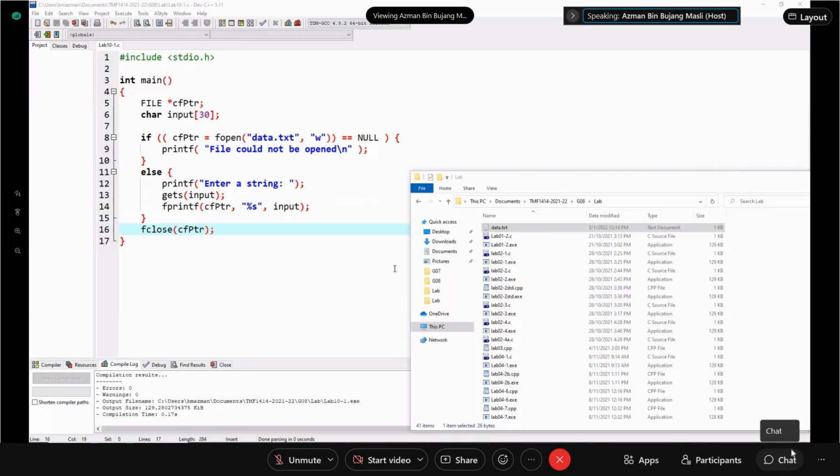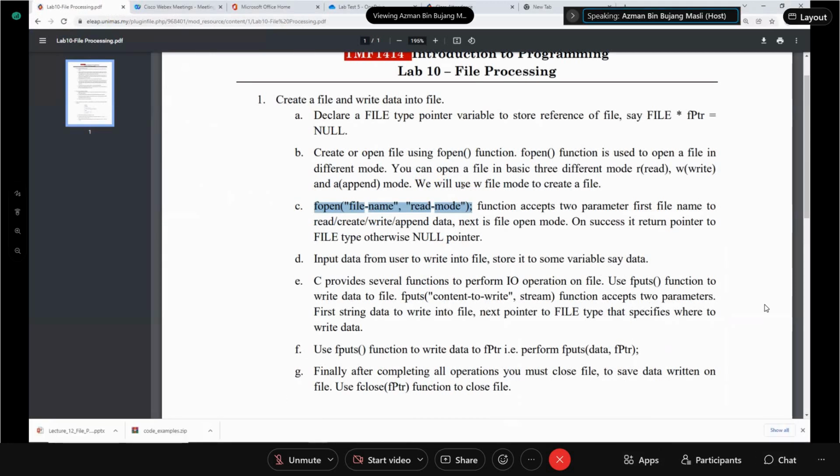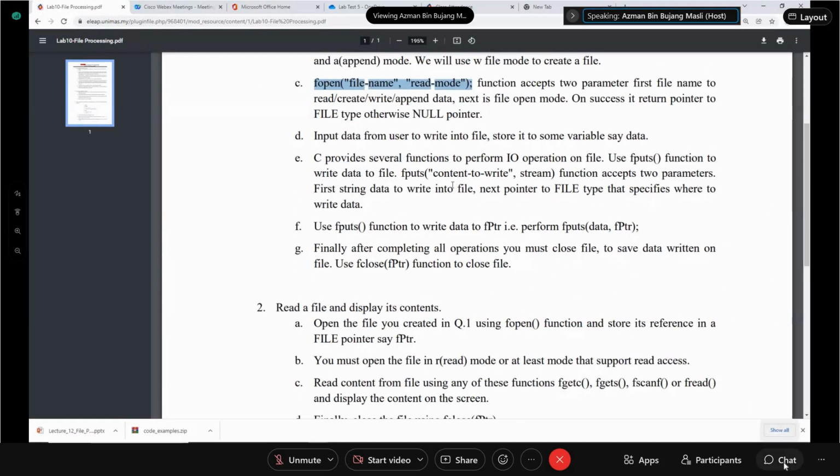But later on when you read it, the format conversion specifier will read the data as a number or integer. Okay, that is the first one, where we open the file and then write to the file, getting input from the user.